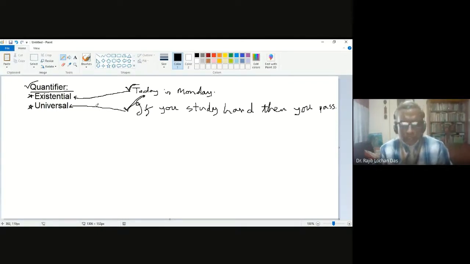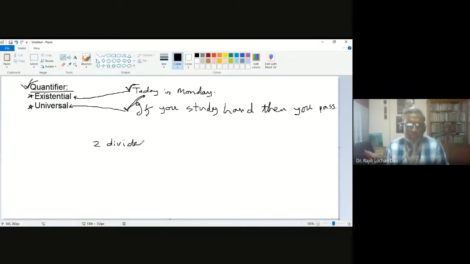In these two statements, there is no quantifier included, just a sentence. If I write something, then the quantifier will appear, and you will understand that this is the quantifier added to it. Let me give you another example. I'm saying another example, 2